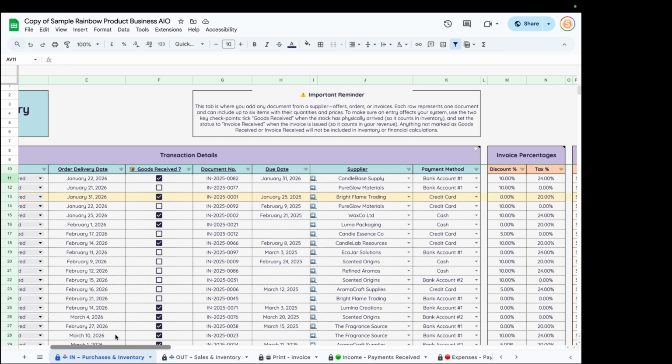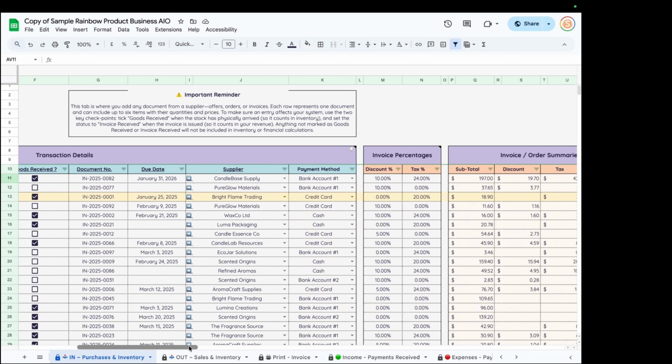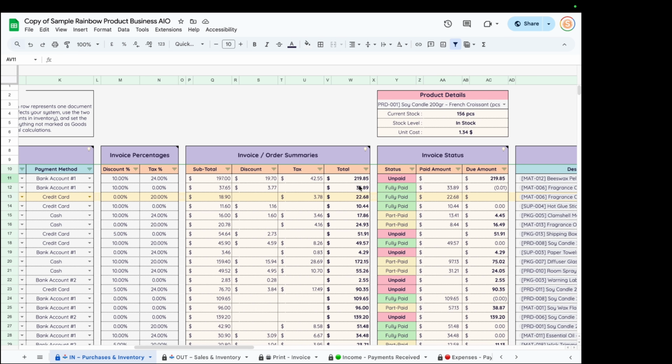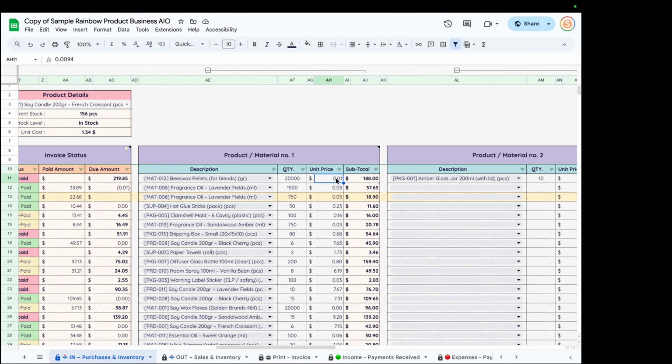So we've received it, okay, and the total amount of that invoice was 219.85. From here, the color-coded cells are calculated automatically based on the unit price